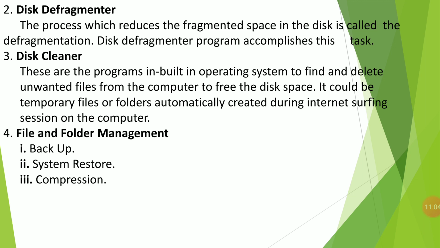When a file is stored on a disk, the operating system searches for available free blocks on the disk and stores the file there. If the file is too large for one block, the operating system searches for the next free block and stores the next part of the file there. These blocks may not be continuous or may be scattered over the disk.